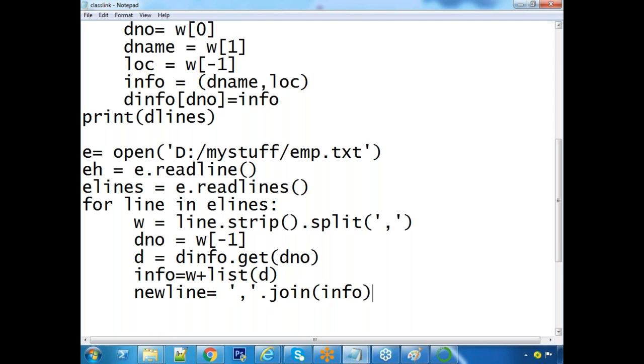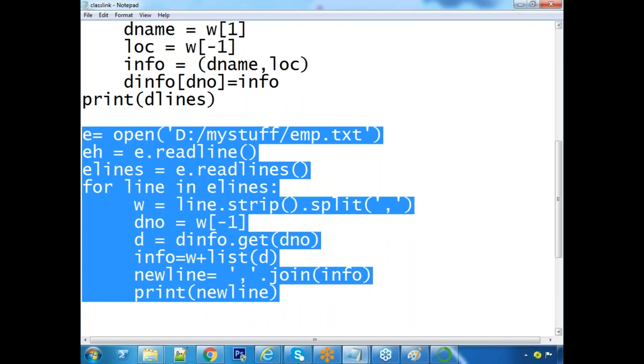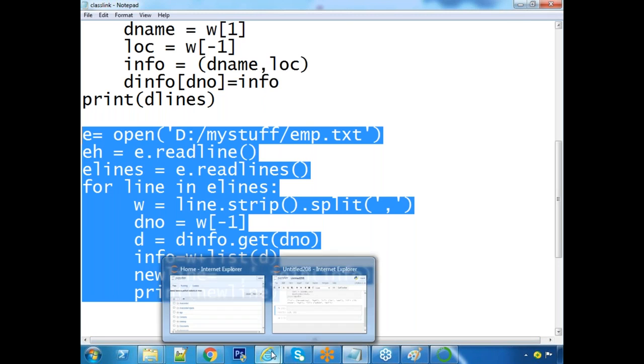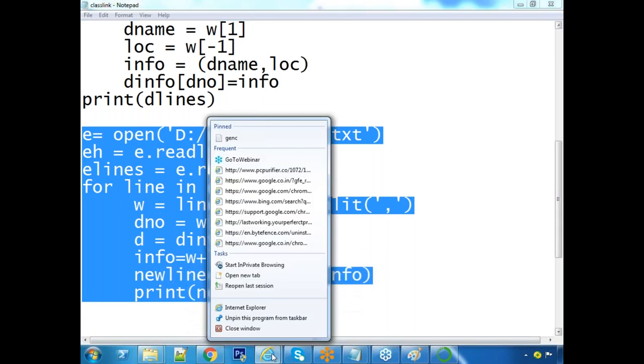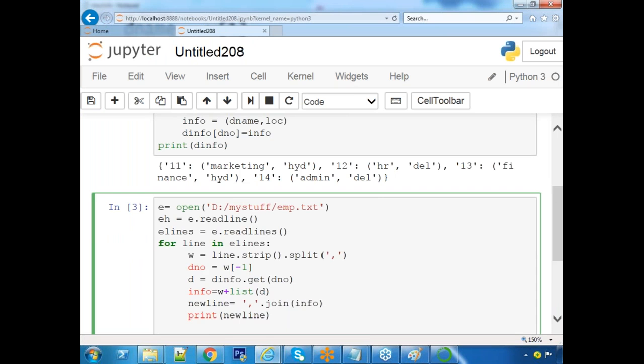Now I'm just printing that new line. Up to now, check the output. If output is correct, we will write that output into a new file. Check it now.